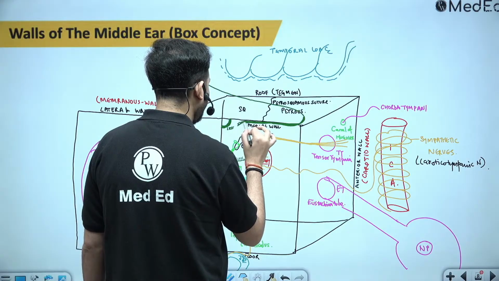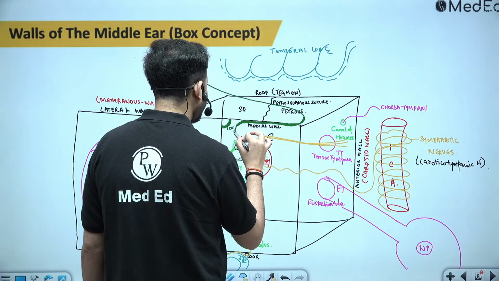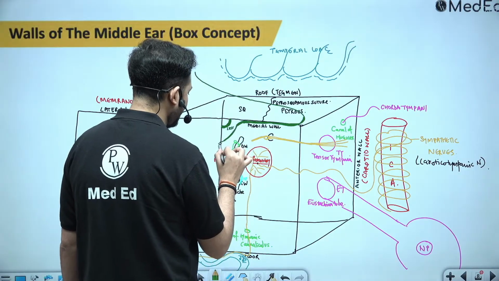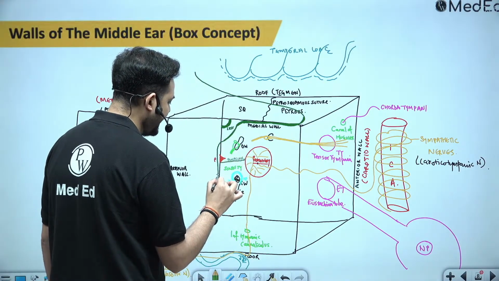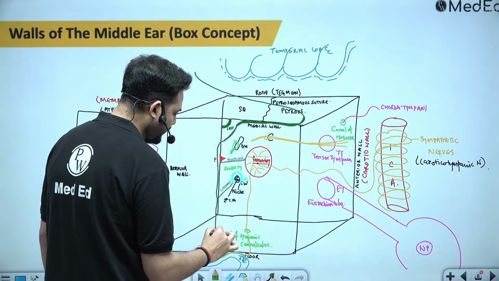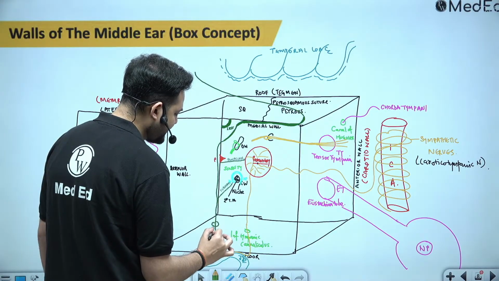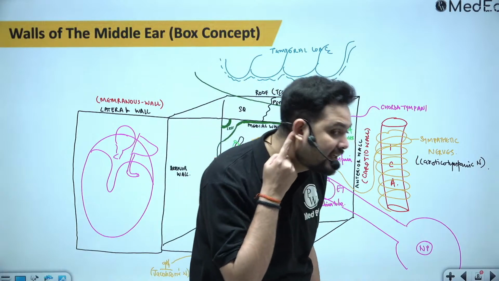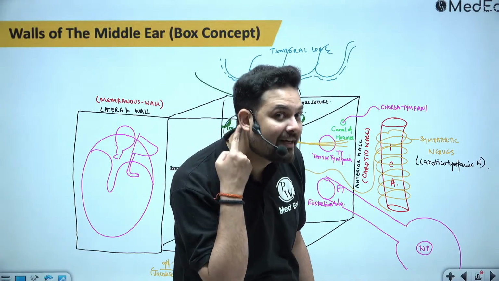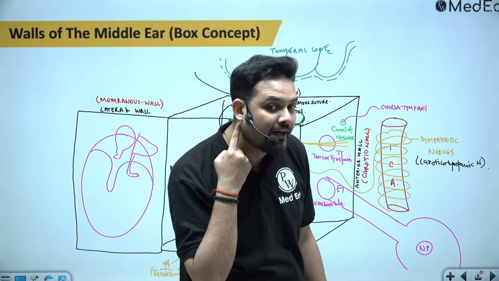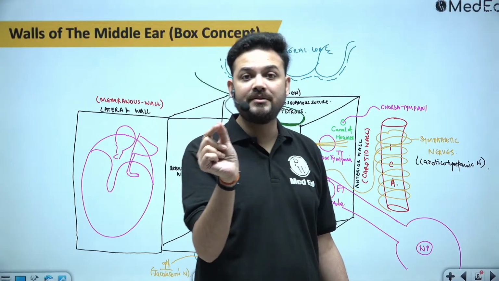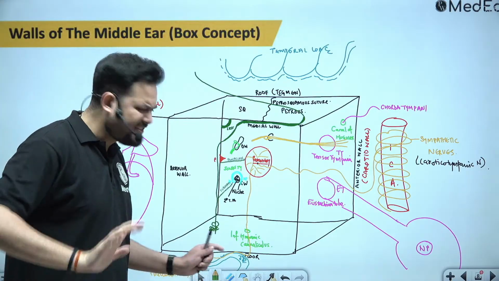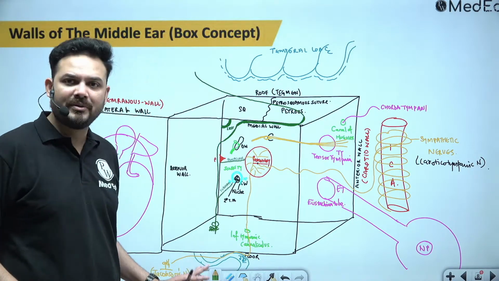It turns again, but now it turns between the lateral semicircular canal and the oval window. See? It turns between the lateral semicircular canal and the oval window, and it passes down behind the pyramid out through a foramen which is called the stylomastoid foramen. So stylomastoid foramen means the facial nerve is coming down like this inside my mastoid. Right? And it's coming out of a foramen which is present between my styloid as well as mastoid. That's called the stylomastoid foramen. For now, just remember that there is a foramen called the stylomastoid foramen through which the facial